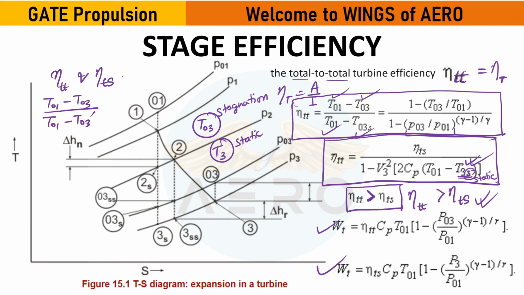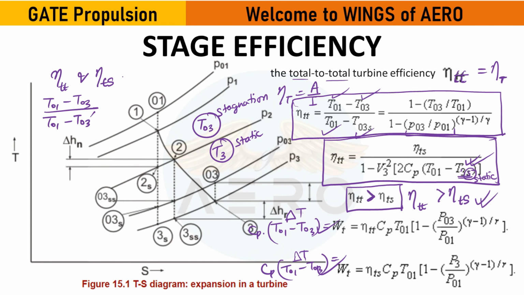So this is nothing but, we can also again write Cp, as has been given over there. We need to add Cp. So Wt is nothing but the change in Cp, sorry, Cp into T naught 1 minus T naught 3, that is del T. This is also del T.